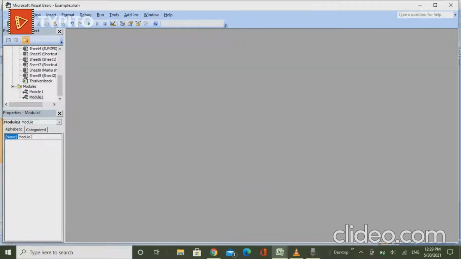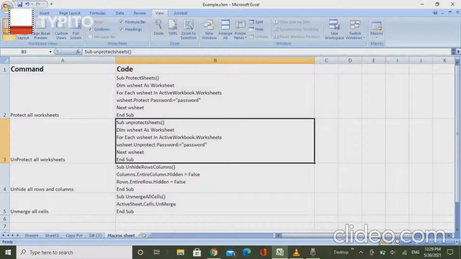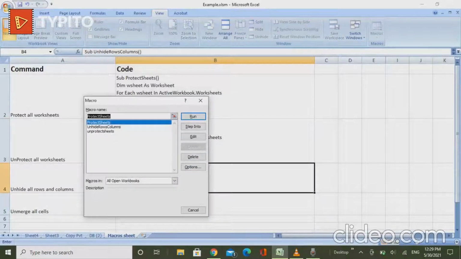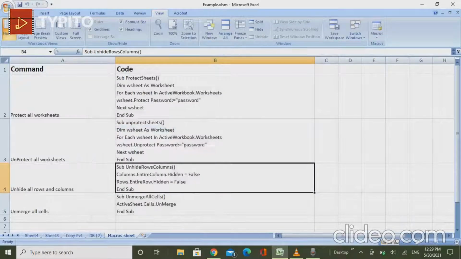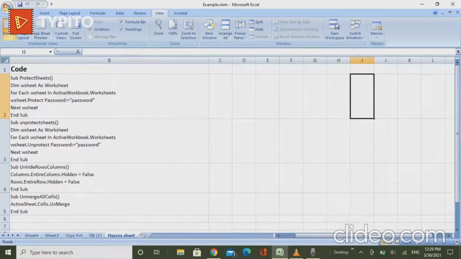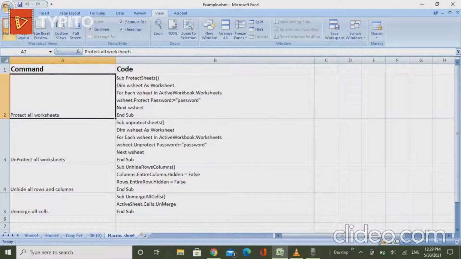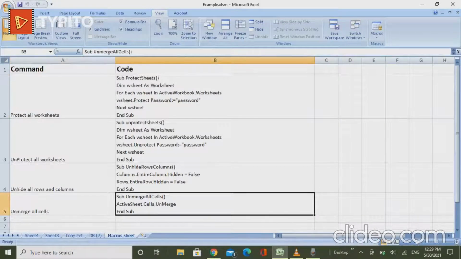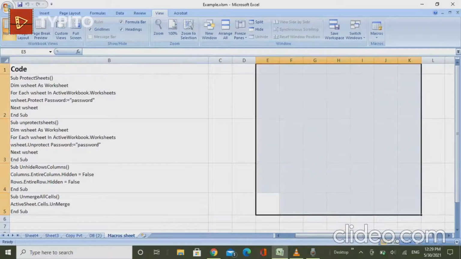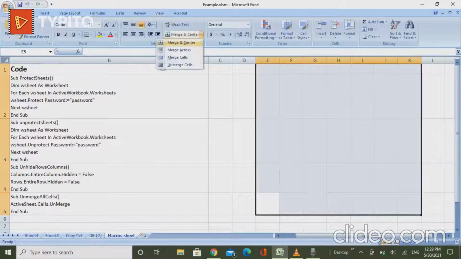go to the same macros and run it now. Unhide. So F, G, H were not there earlier because I had hidden them, and now these are displayed because of the macros running on it. Similarly, I will merge some cells and then Alt H and C shortcut for it. So